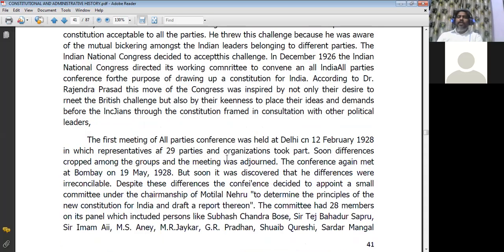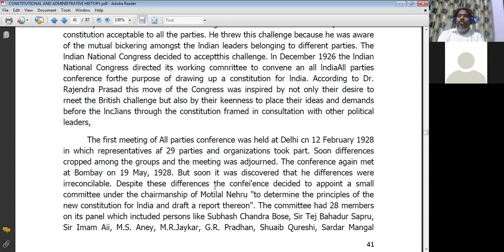Okay, so the first meeting of the All Parties Conference was held at Delhi on 12th February 1928, in which representatives of 29 parties and organizations took part. Soon, differences cropped up among the groups and the meeting was adjourned. The conference again met at Bombay on 19th May 1928, but soon it was discovered that differences were irreconcilable, and despite these differences, the conference decided to appoint a small committee under the chairmanship of